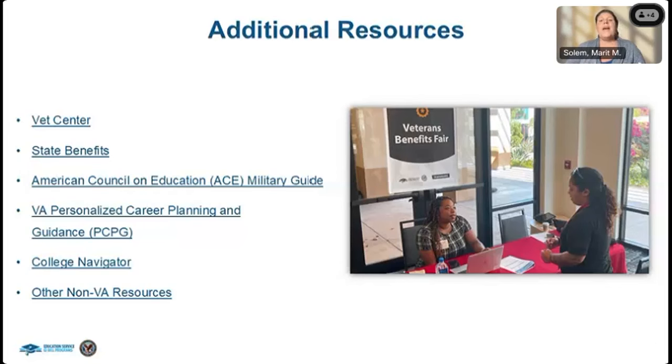Another thing that I always like to talk about is the state benefits. Once we get to the frequently asked questions slide, this was something that was frequently asked within the registration questions: what if I've run out of my federal VA education benefits? Each state typically has their own state veteran benefits.